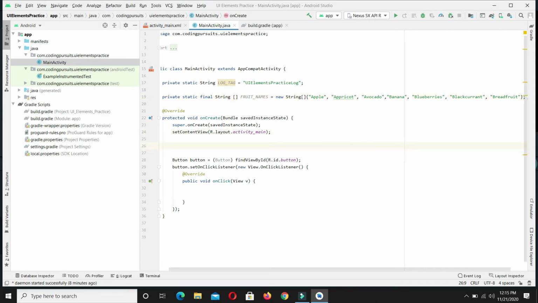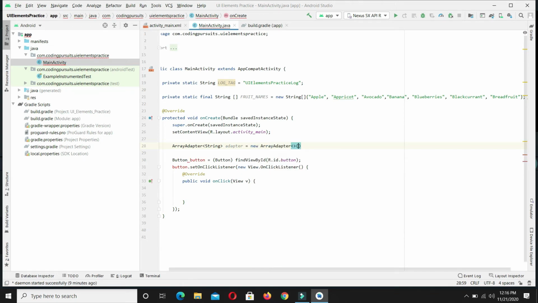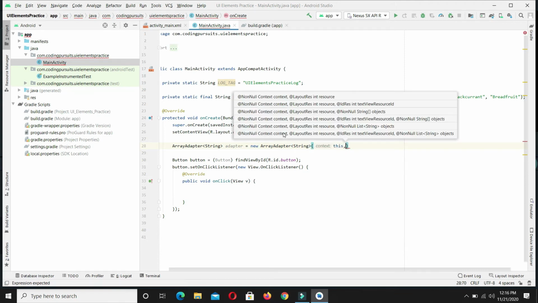So from here we have to provide this list to the adapter. So for this we will write ArrayAdapter. And we will write its type as array of String. New ArrayAdapter. And here first of all we have to provide the context of this application.